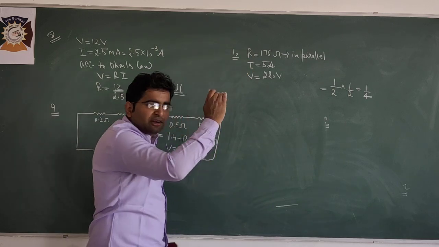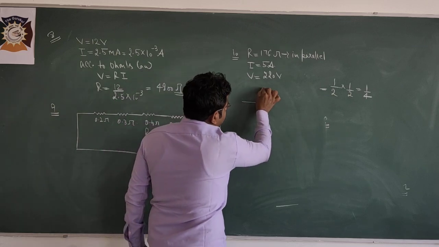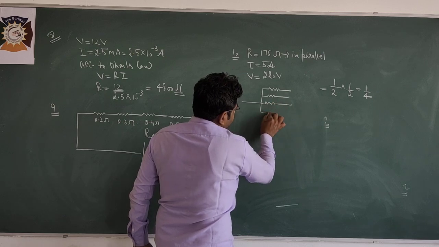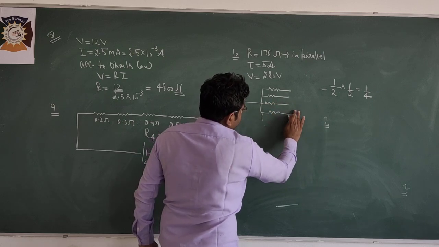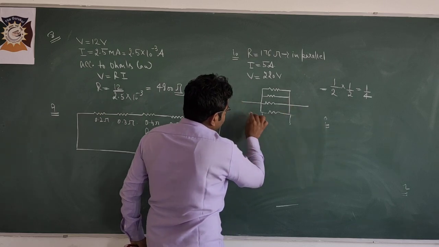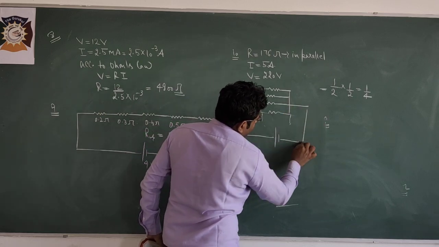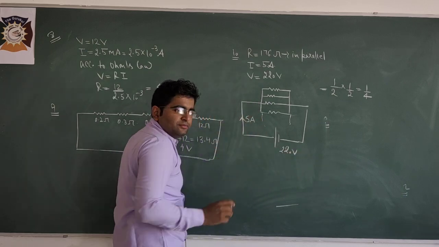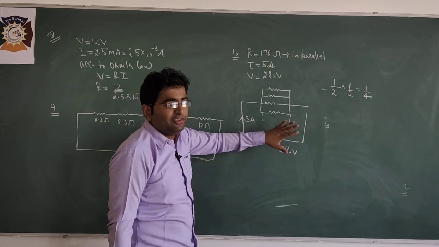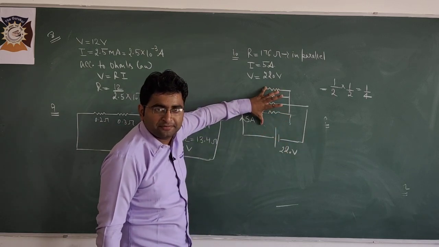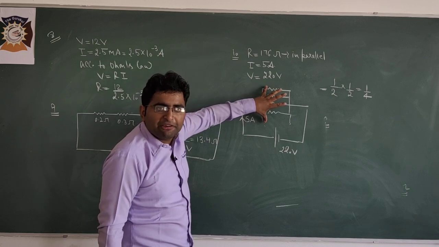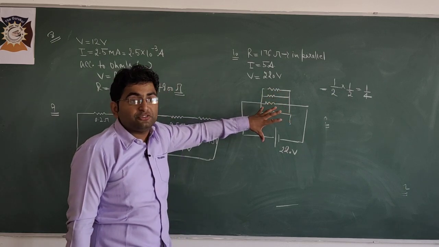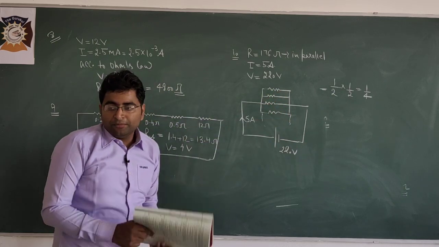We don't know how many resistors we have to connect. Suppose if I connect n resistors in parallel, and so on. Clear? What is the voltage? 220 volt and current should be 5 ampere. So what we have to do? Firstly, we have to calculate the R equivalent. Clear? If I get R equivalent, then I can put it in the formula, according to Ohm's law, that is V equal to R into I. Clear? So students, look.